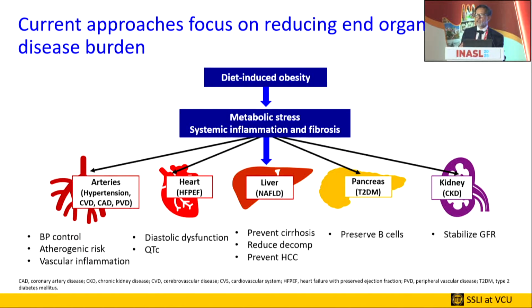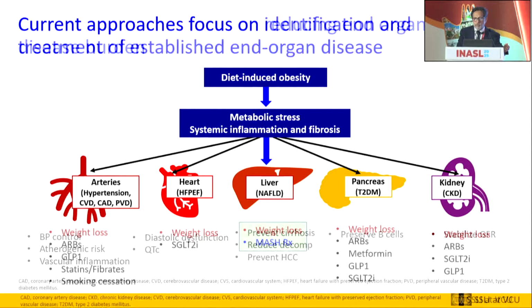What we are not taking into consideration is that all of these different disorders are frequently present in various permutations and combinations within the same patient. And they represent competitive risks to the patient, where all of these are trying to kill the patient. If you put a shield against one and not the other, the net result frequently does not change. So what connects all of these conditions is underlying metabolic stress that is linked to diet-induced obesity.